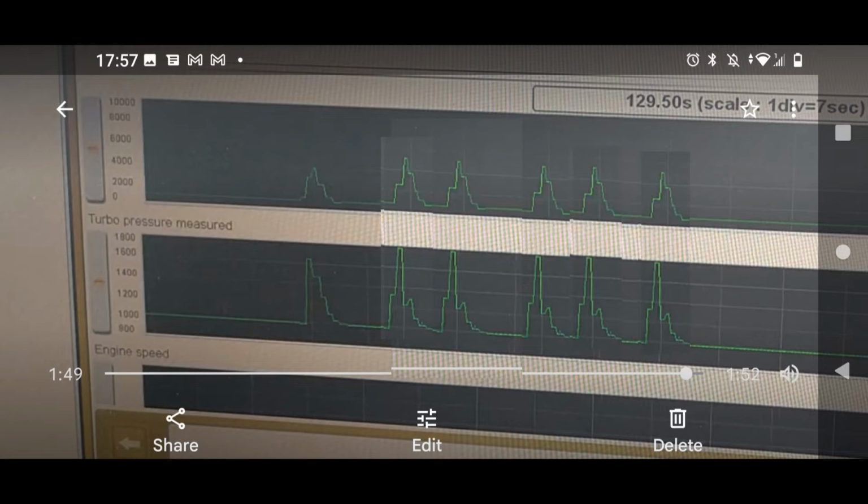The other possible scenario is I didn't gather enough data, and if I'd bothered to do a few more runs before and after, or even do runs under load rather than just in neutral on the drive, I might have got a better picture of things and been able to really analyse the differences between the split O-ring and not. So that is something I can learn for future videos and my own knowledge base, but it didn't really affect